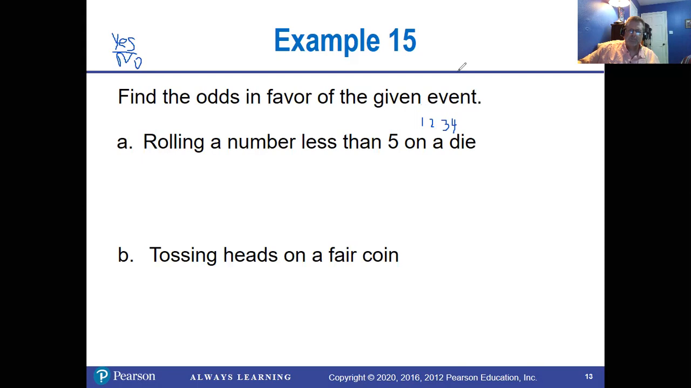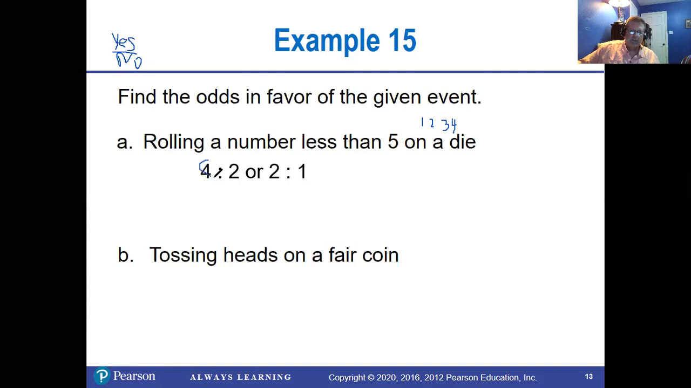Okay. So there's 4 of them. So that should be 4 to 2. Okay, so think about this. The 4 is the ones that work. The 2 is not. Okay, which reduces to 2 to 1. Okay? Now, one of the things I want you to look at is, as we look at these,